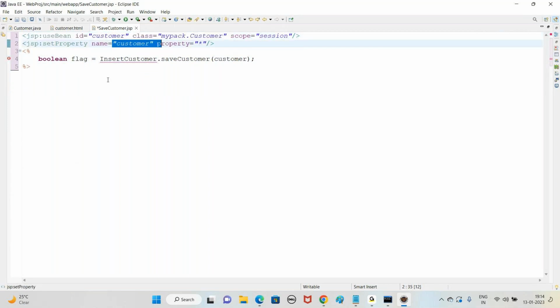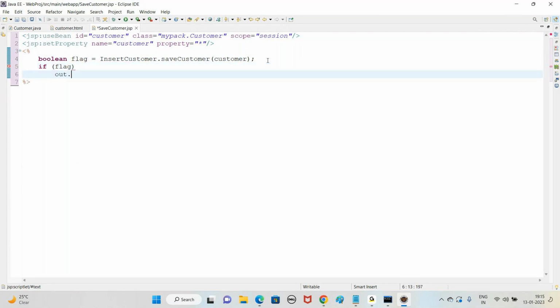Now what we want to do, we want to take this object and insert into table. That's the task here. So for that, we are going to create a class insert customer with a method save customer. To this, we'll pass the customer object. If the record is inserted, if this object is inserted into the table, then we are going to return here as true. So we'll check here if flag means the record is inserted, then we'll display the message to the user,